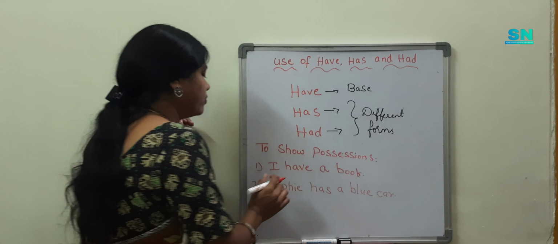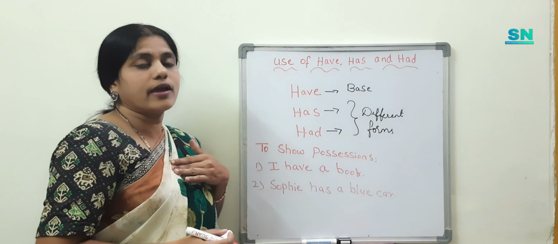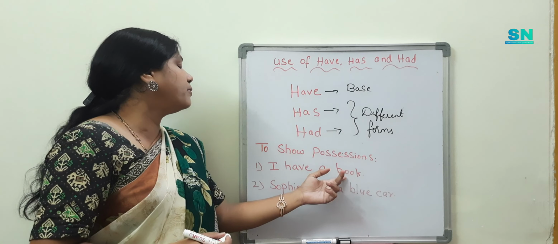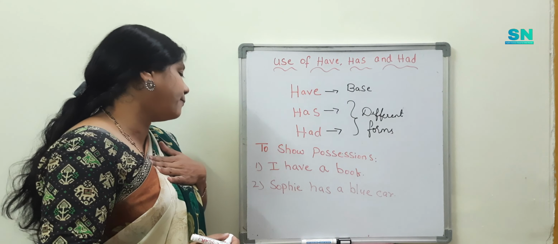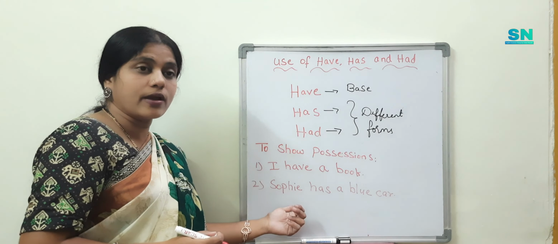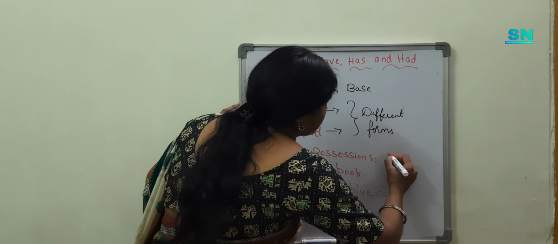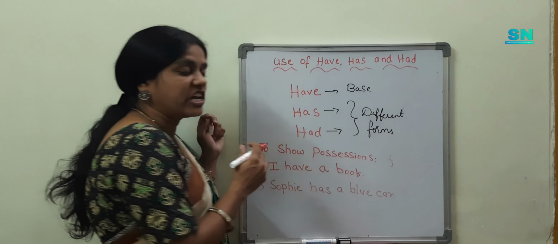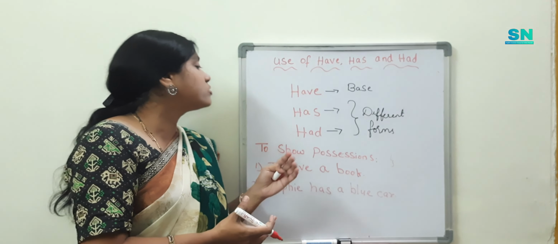So have is a verb. Here, I have a book means the book belongs to me. I'm having a book. Sophie is having a blue car. So to tell about ownership, relations, feelings, or experiences, we use the words